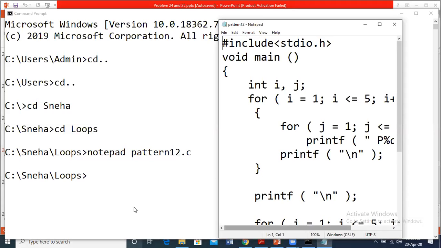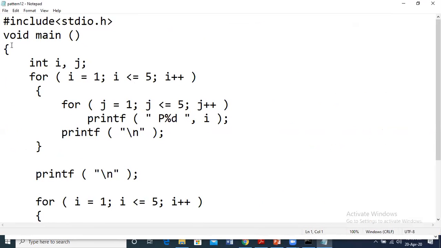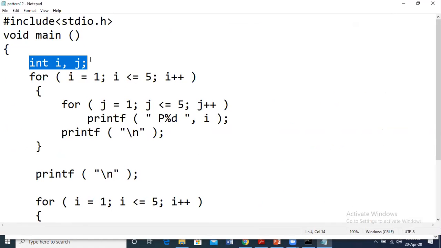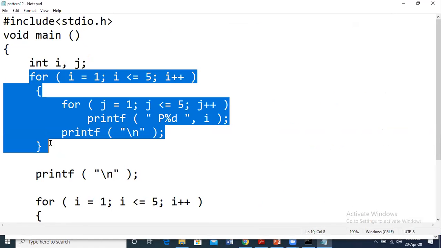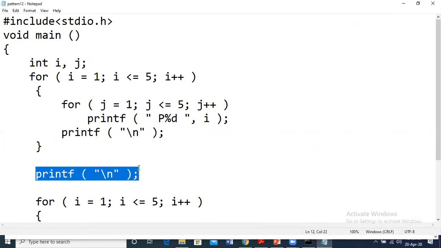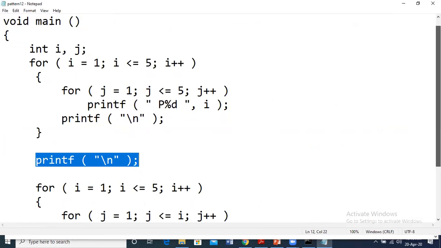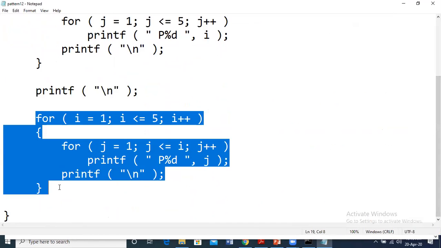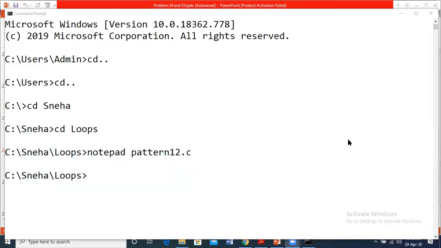So this is the pattern or the program we just discussed, pattern 1. So here we have the header file and main. I hope the screen with the program is visible to all, right? So here we have the first declaration and then the first set of nested loops. The first part of the program is pattern 1 and then we have a \n so that there is some space between both the patterns, and then the second part is pattern 2, exactly the same code which we just discussed, right? So let us see what happens when we execute this, right?